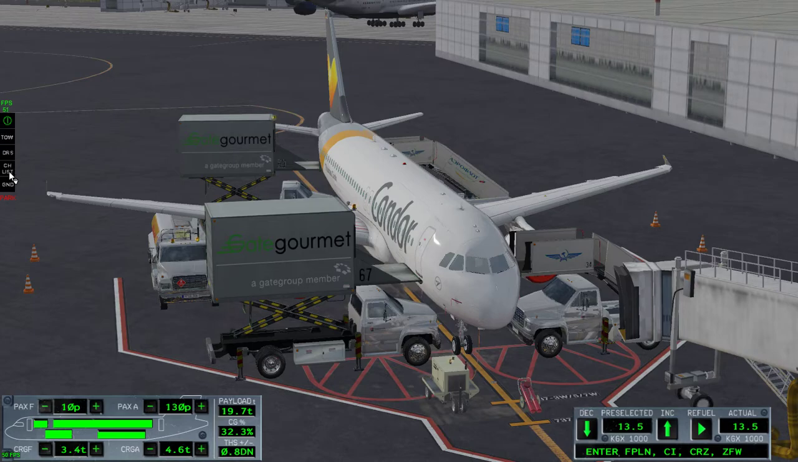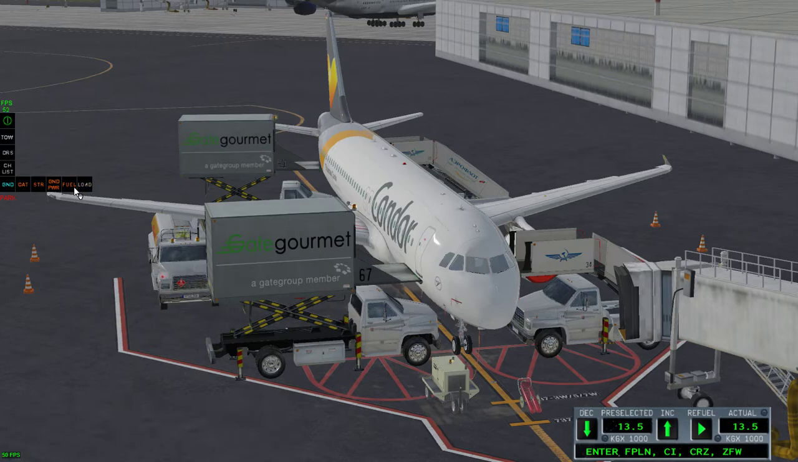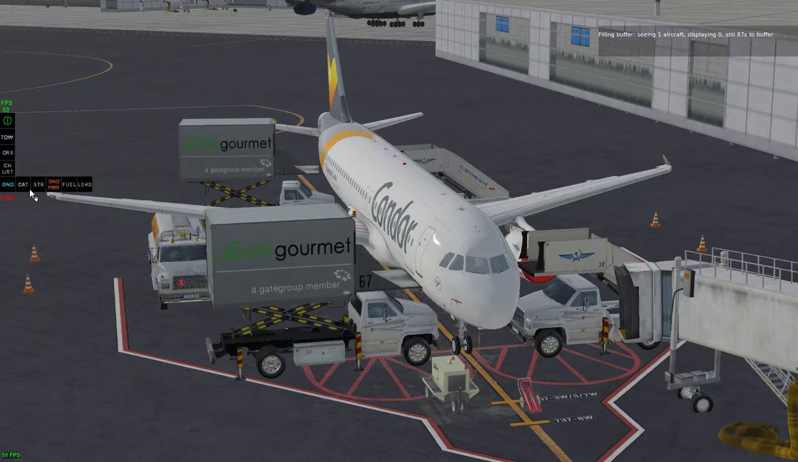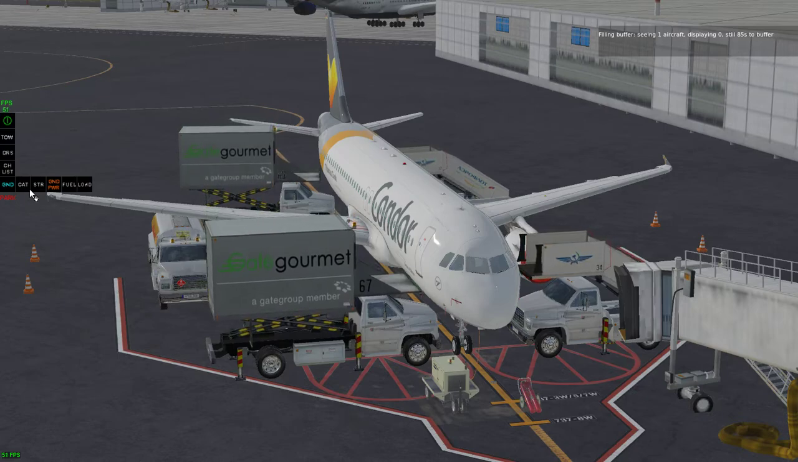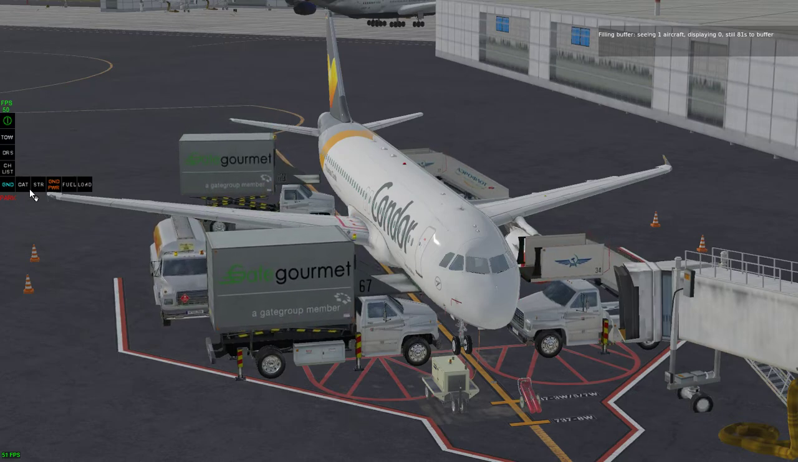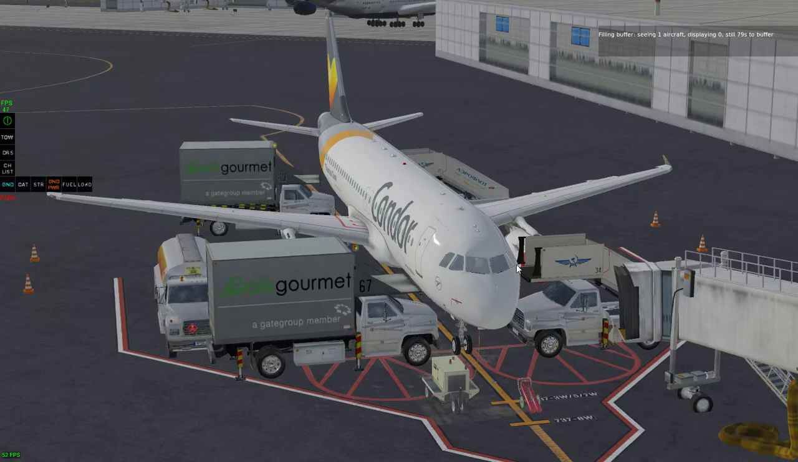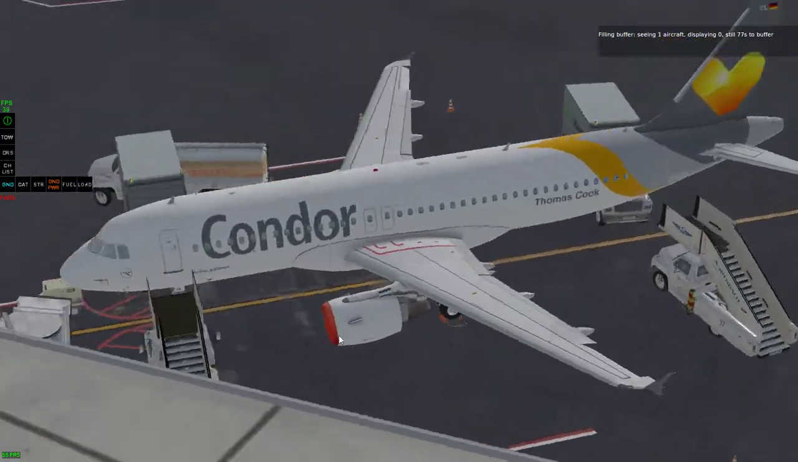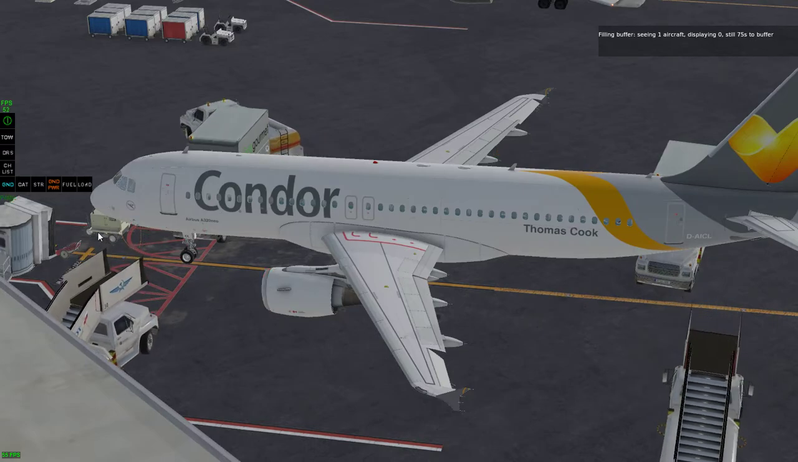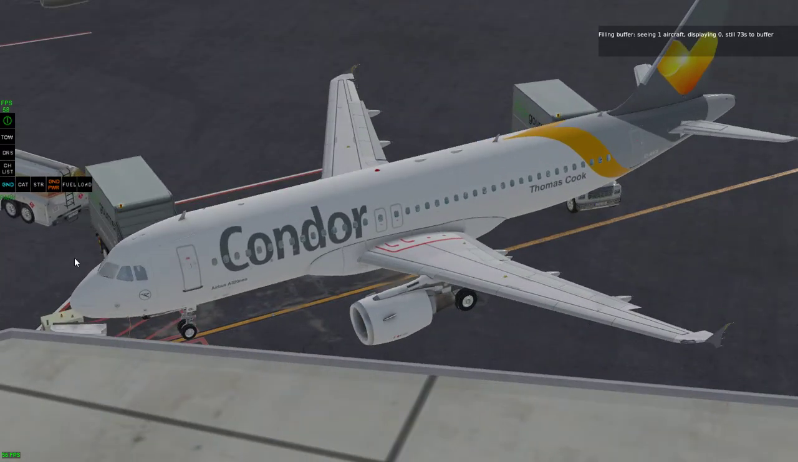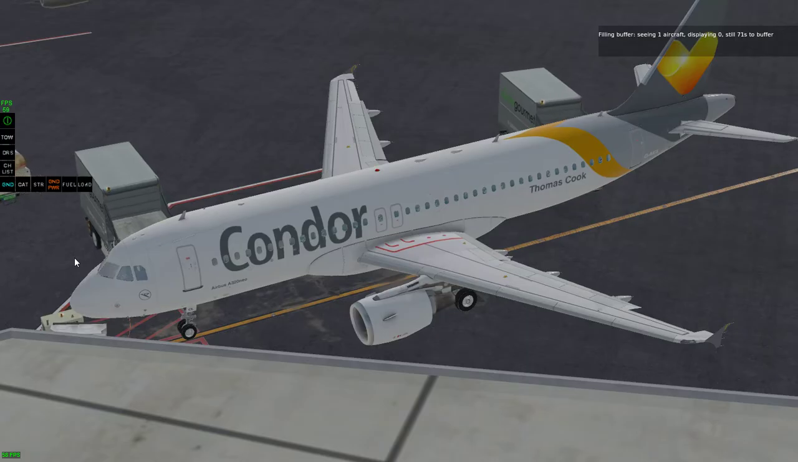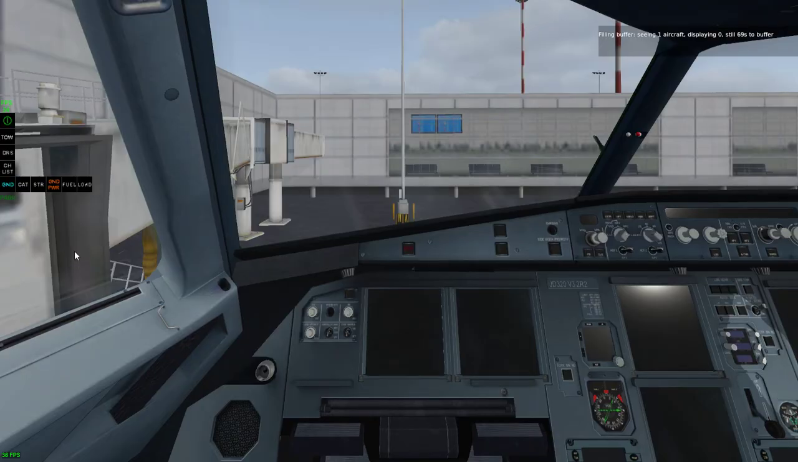It will be a long flight, about 2900 nautical miles. I will say goodbye to all the ground services for now, except the ground power. Let's jump into the cockpit. Okay,